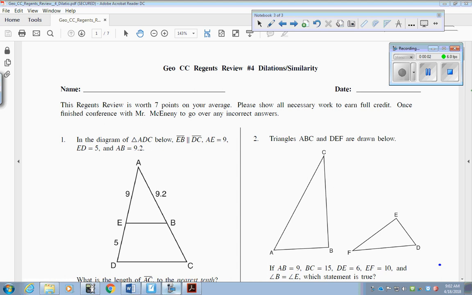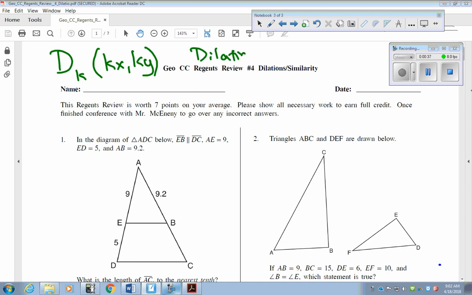Hey everyone, we're going to look at Regents Review number 4 on dilations and similarity. We talked a little bit about dilations in number 3 when we talked about transformations. But again, when you're talking about a dilation, just remember if it is dealing with coordinates, you have k, which is the scale factor, and then you take the x and the y values and multiply them by that scale factor. So some of the things that we'll see in the questions, the first thing is that